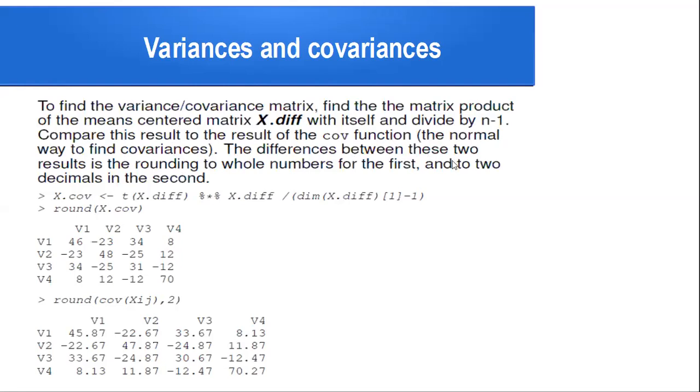The difference between these two results is the rounding to whole numbers for the first and two dimensions in the second. Please see this example. Round cov, column row, round cov দিয়ে এটা করলে আমি এইরকম ভাবে পাবো।